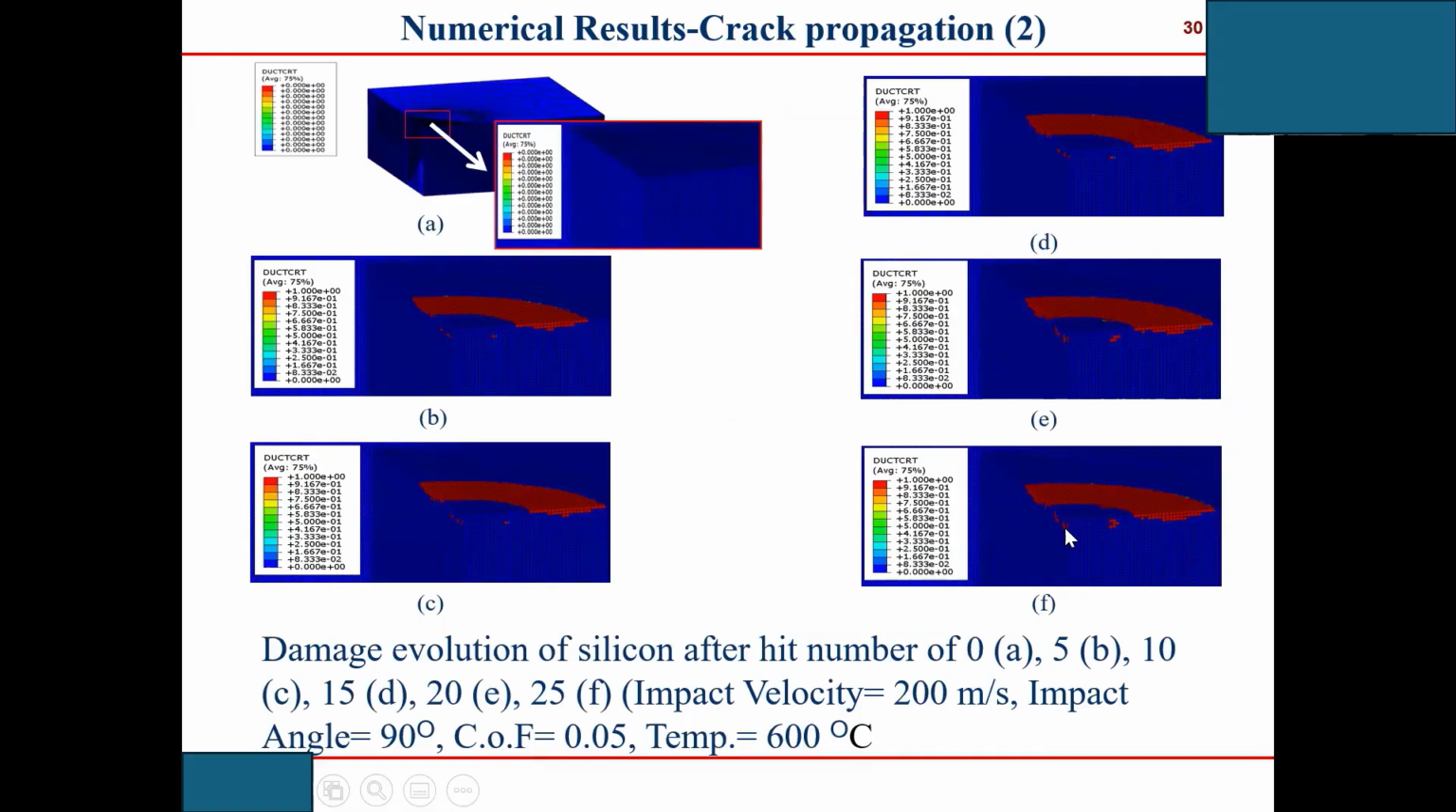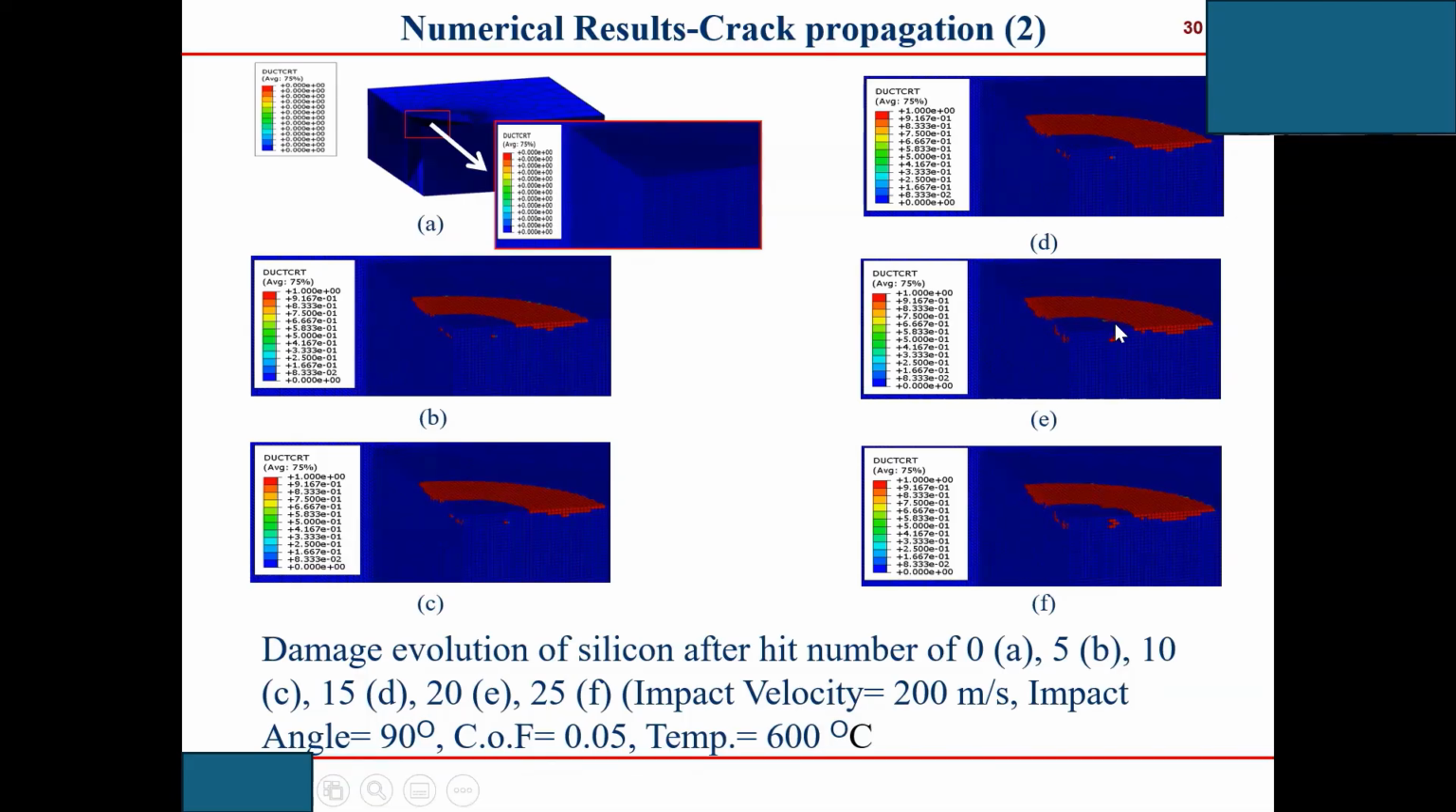So here is the damage evolution of silicon with the feed. We force one single abrasive feed number. How many times do you want to feed? A is 0, the very beginning. B is 5 feeds, C is 10, D is 15, E is 20, and the last one is 25. So this is for impact velocity. You can see the damage is increasing. This color means the damage,